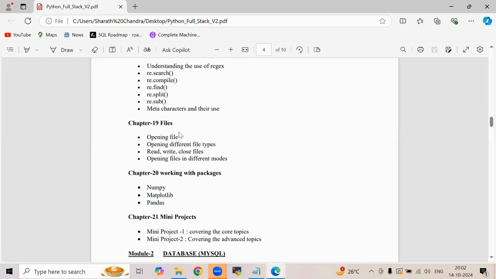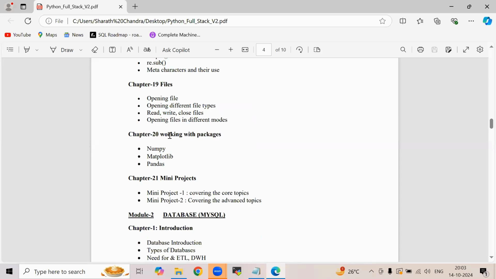And then on chapter 19, we will discuss about files. What is a file? How to open a file, and then how to open different types of files, and what are all the different styles of opening a file or creating a file, how to read and write into the file. Already the data is available within the file, how to access that data, and then how we can modify that data, and then how we read in between the lines in that data, how we analyze the data in that file. All such things we will see in the files. So, and then we will move on to the packages.